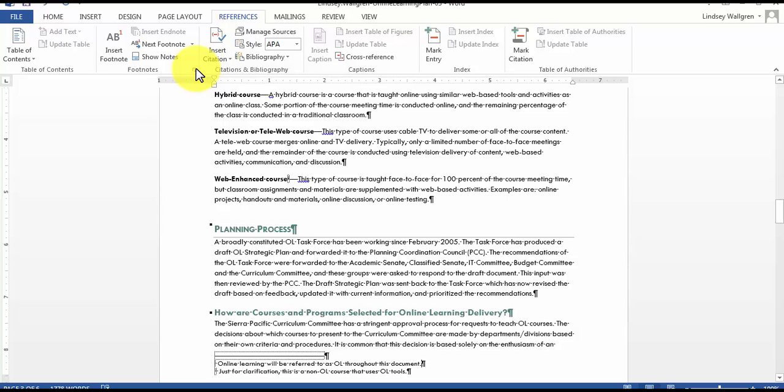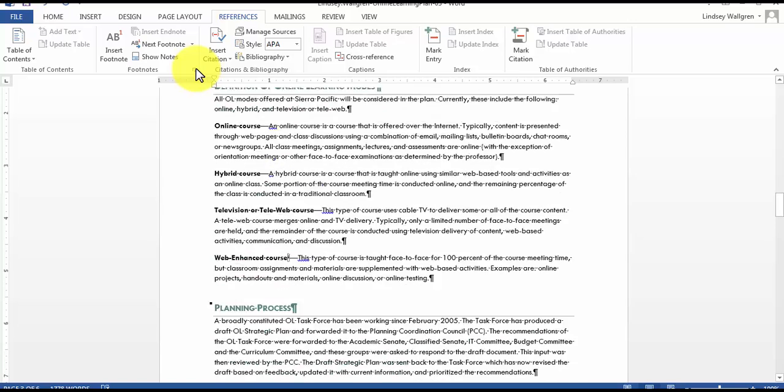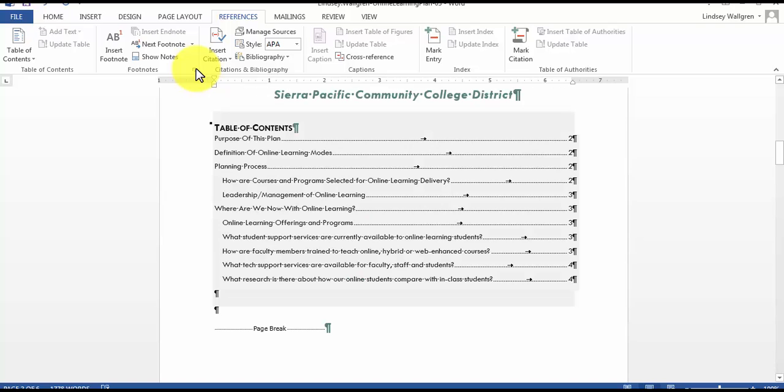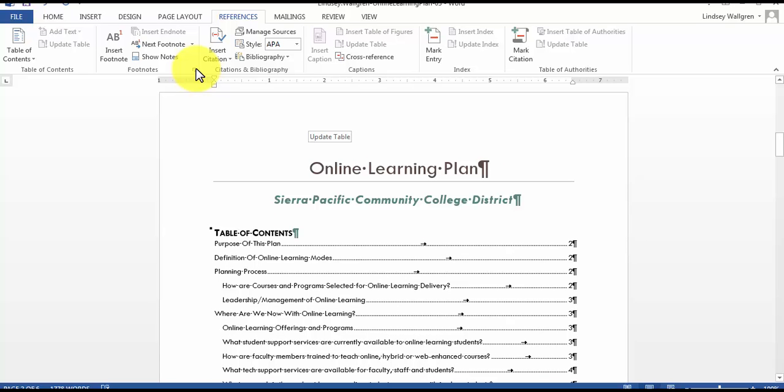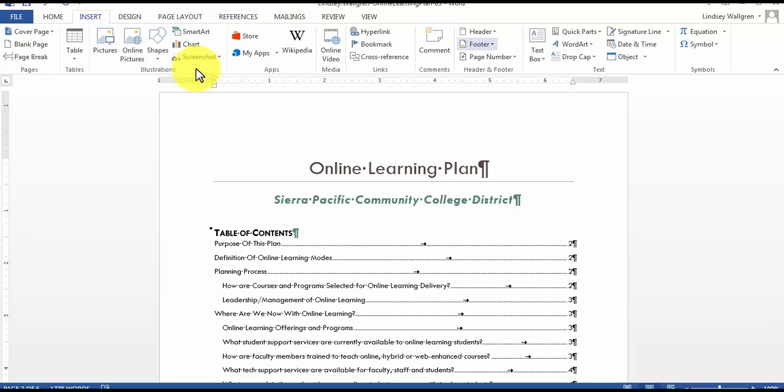And now on step 9, insert and modify content in the header. So we want to position our insertion point at the top of the table of contents page. So we'll go back up to our table of contents page. And we are going to position our insertion point at the top of the table of contents page. So essentially we can put our cursor right before our O in online learning. And click the page number button on the Insert tab, Header and Footer group. So go back to our Insert tab, Header and Footer group, and we want a page number. So we're going to click page number there,